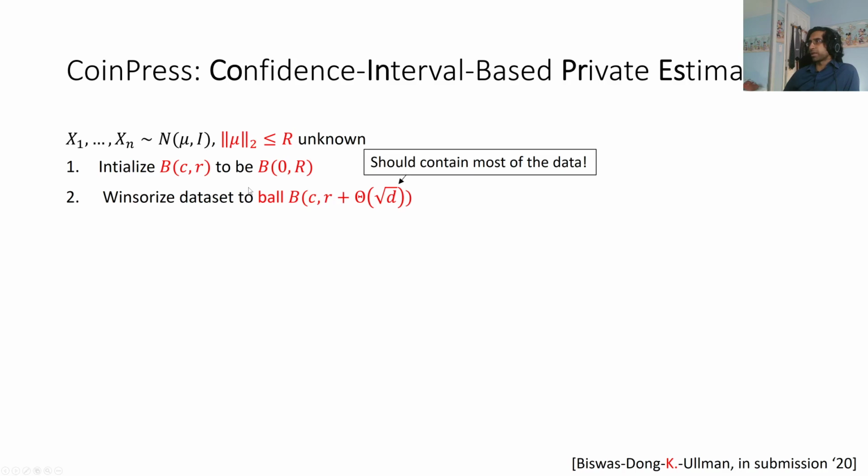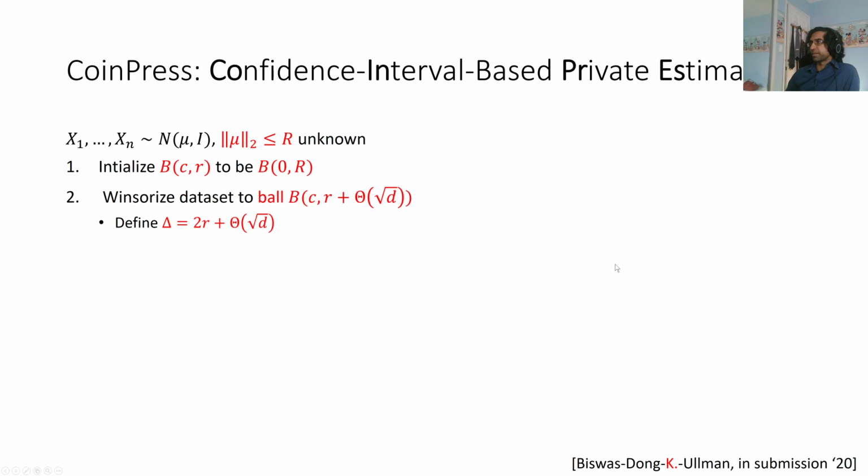This time, the Winsorization is performed with respect to the ball, our confidence ball, but now we widen it by the radius by theta of square root d. The reason why it's a theta of square root d, you can compute it more exactly if you'd like, but I'm just suppressing some of the dependencies and some of the parameters here. But we do square root d because, if you know a Gaussian, most of the data lies on a very thin shell, which is square root d away from the mean. So this should contain most of the data just as before. We define the sensitivity as before. We noise the empirical mean as before, except this time we add Gaussian noise to each individual coordinate.